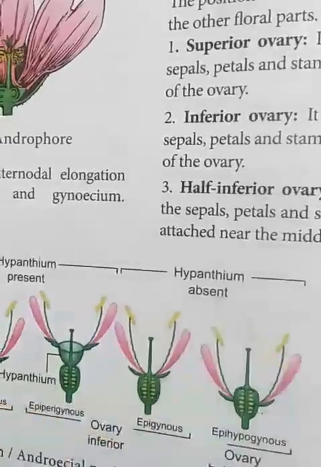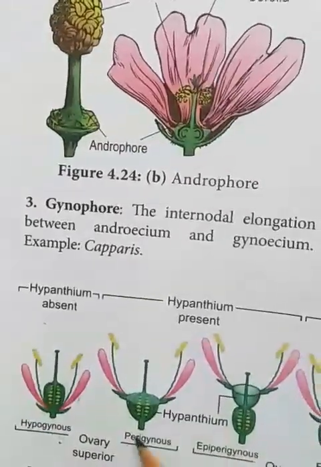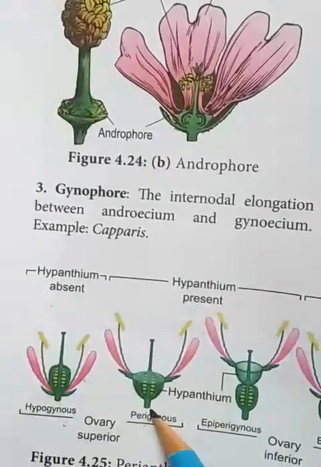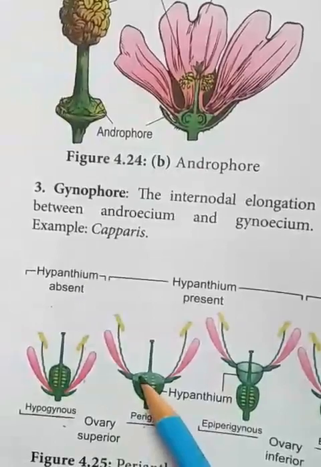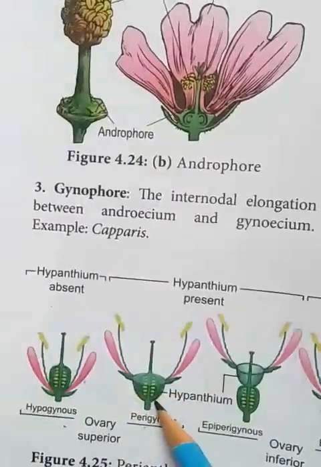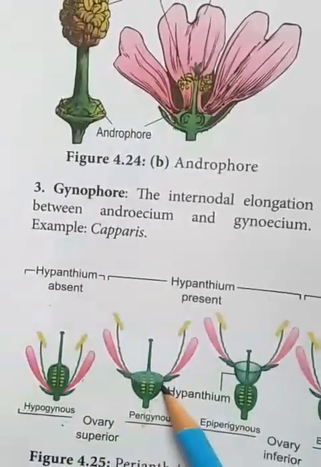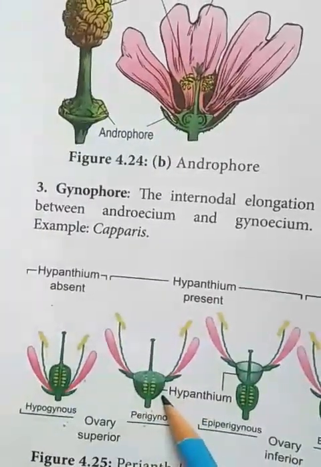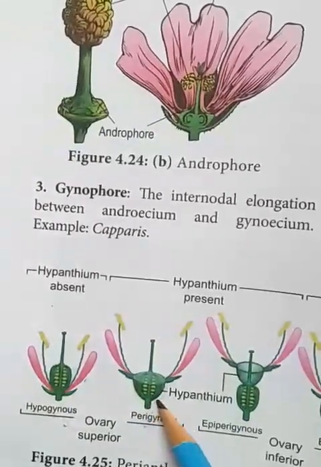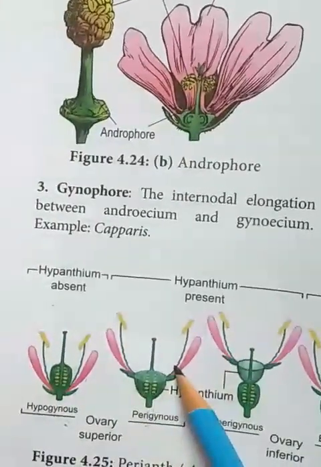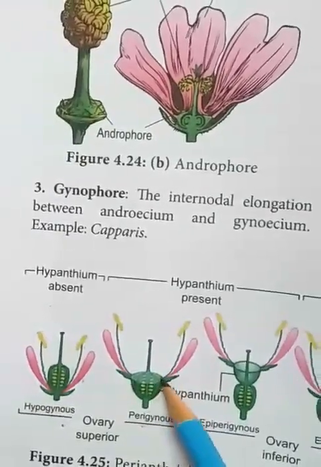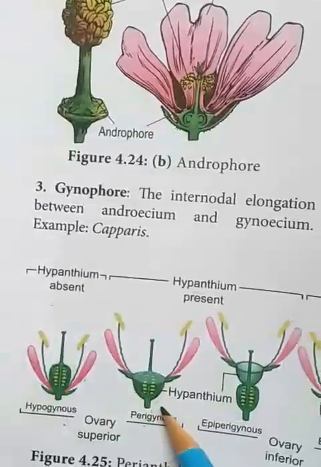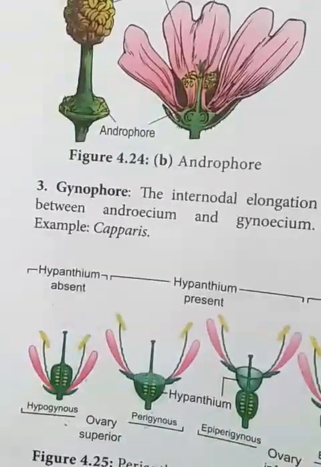Next is the perigynous. Next type we are going to study the perigynous. The term is used for a hypanthium attached at the base of the superior ovary. Okay, at the base of the superior ovary, a cup-like structure is present. This is called the hypanthium, which contains the nectar. Okay, so at the base of the ovary, this hypanthium is present. Then we call it a perigynous flower. The sepals, petals and stamens are arising from above the ovary. Okay, but the hypanthium is below the ovary. Then it is called perigynous.